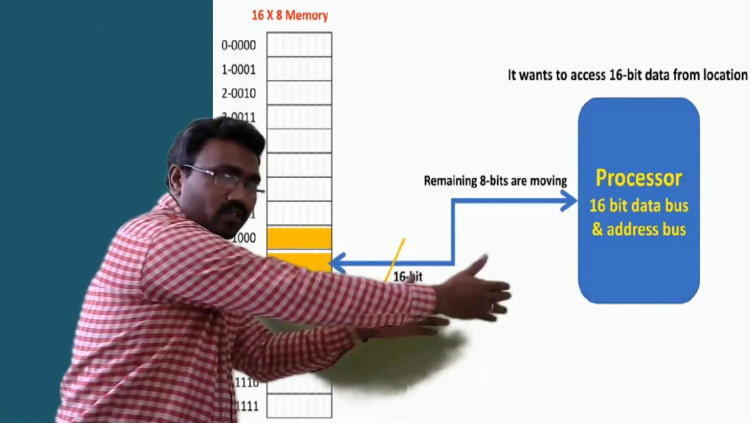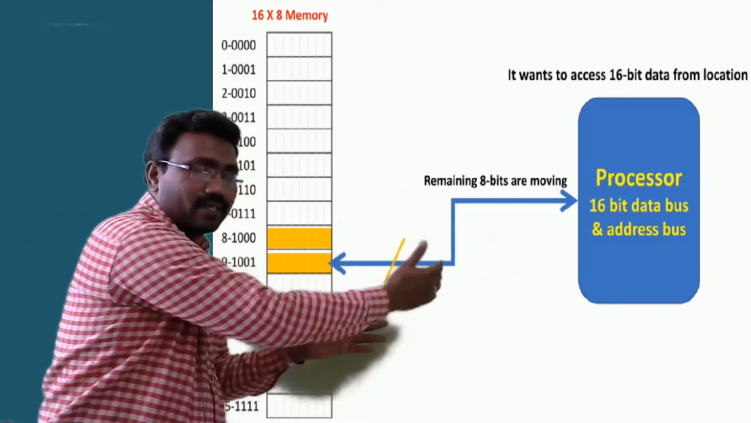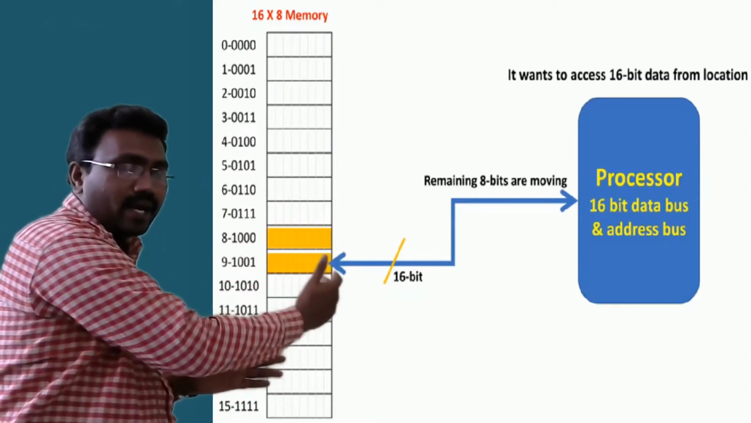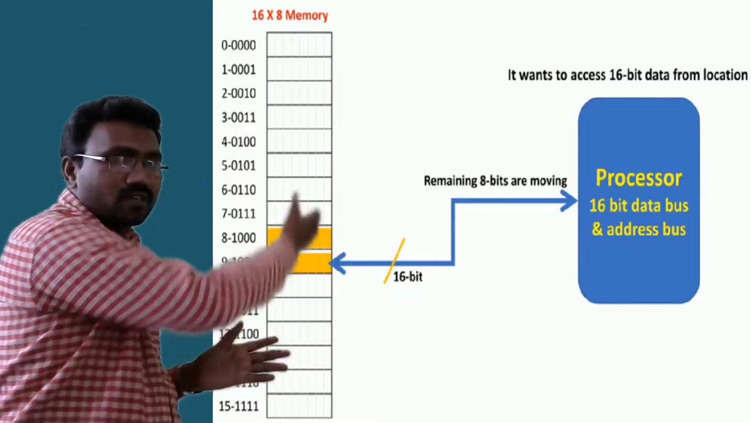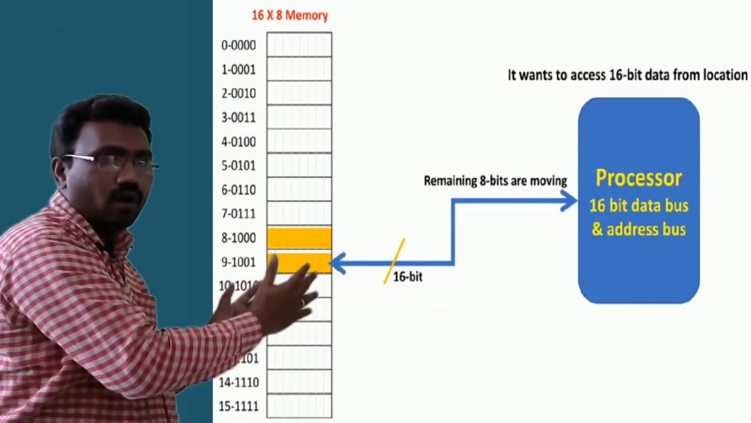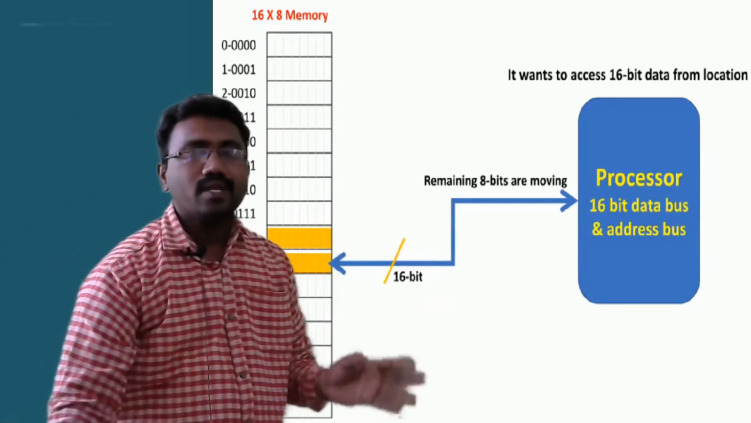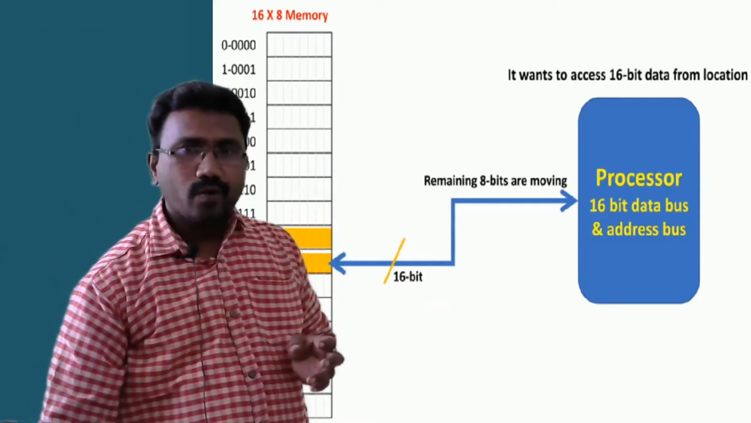For example, in this example, the processor has 16-bit data lines, but it is accessing only 8-bit data at a time, 1 byte only from the memory. Why? Because there is no banking, there is no division of memory. So what is the solution? The solution is that if the memory is divided into 2 memory banks,